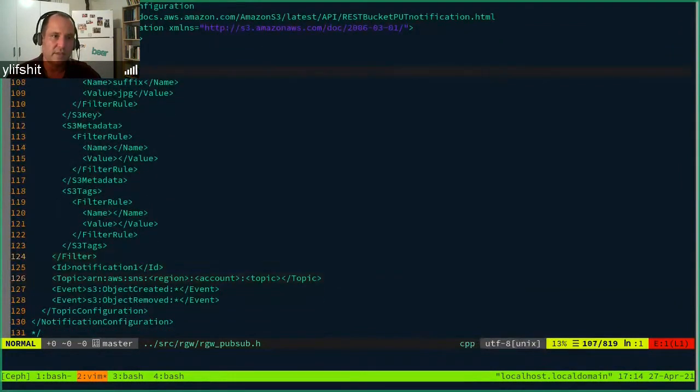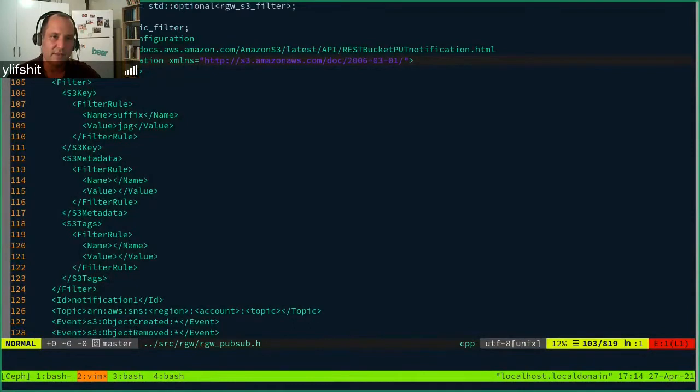This is the API syntax. This is how those filters are being sent. By the way, those filters are not supported by AWS. AWS, I think, just has the suffix rule, if I'm not mistaken. The prefix or maybe suffix and prefix. Anyway, the regex and the metadata and tags are our extensions